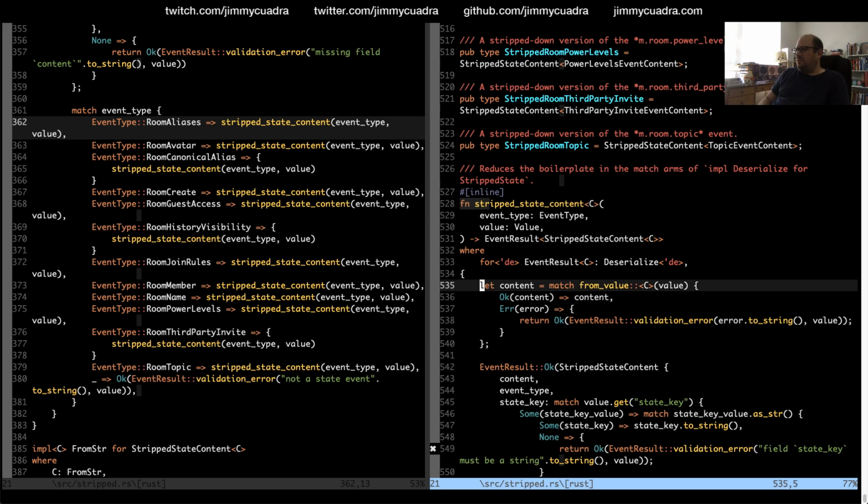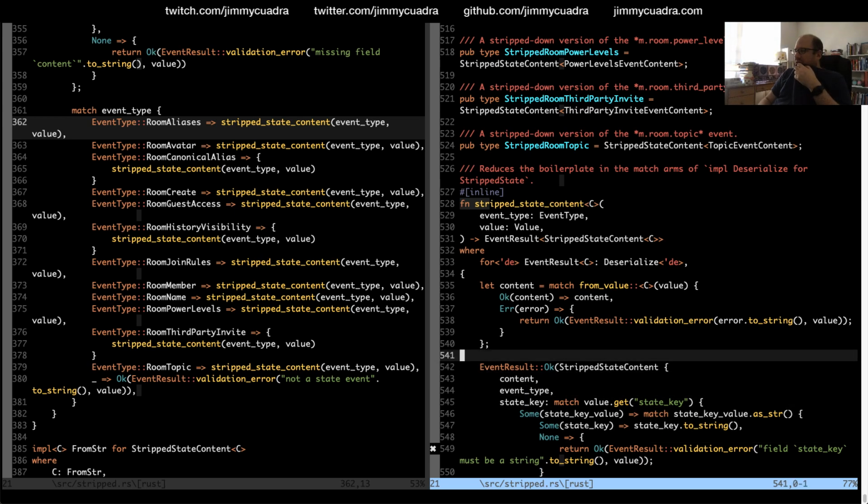Let content equals... Oh no, so I need to pull out the actual C value, because I don't want C itself to be an event result.